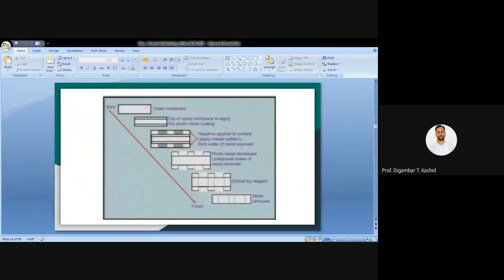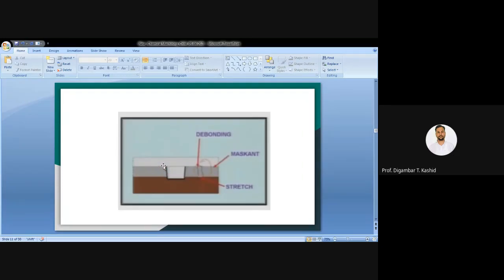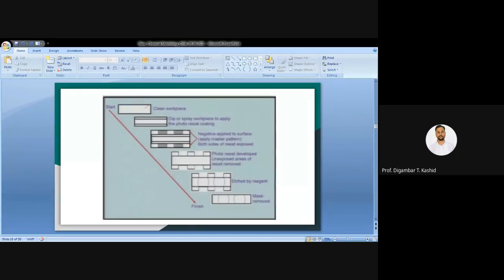You can see actually another diagram. You can see this diagram for PCM. And next lecture, we will start our next topic, that is electrochemical machining.